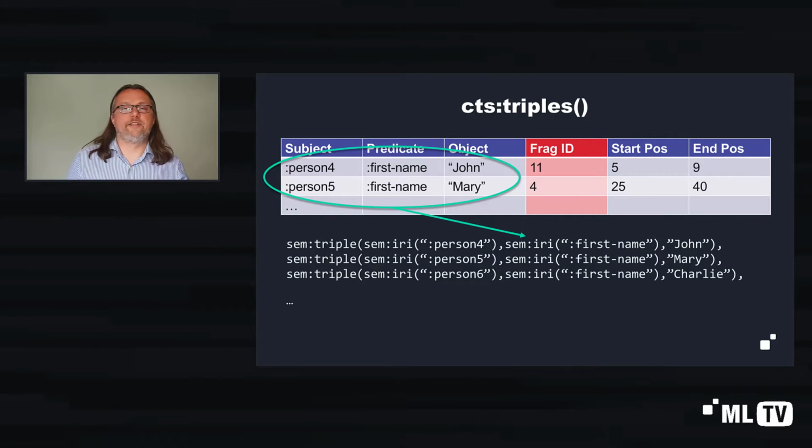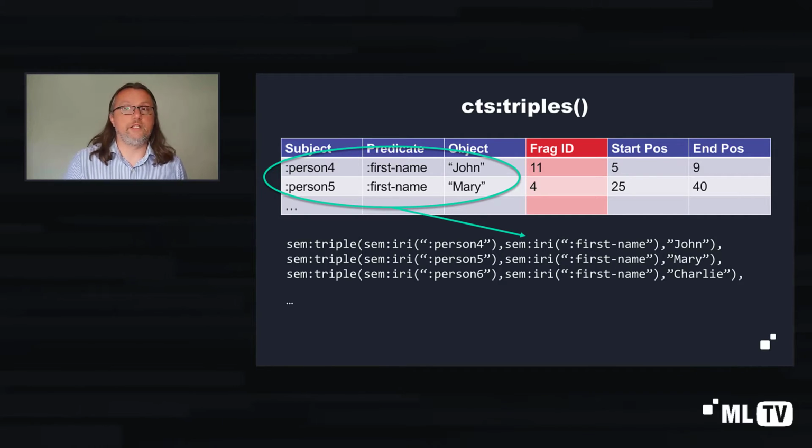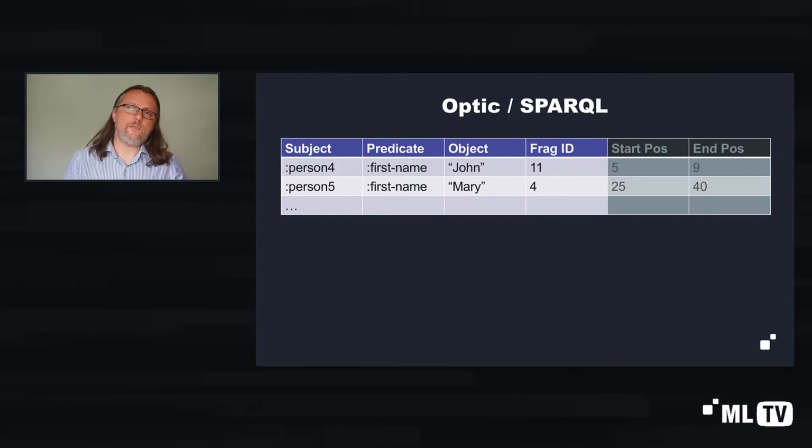By comparison, a call to cts:triples can pass in constraints for the fragment ID and actually returns the subject, predicate and object, the triples from the triple index. In this case, the positions aren't being used. Constraints can be put on subject, predicate and object, I suppose. But they're the things that are returned. In Optic and in SPARQL,